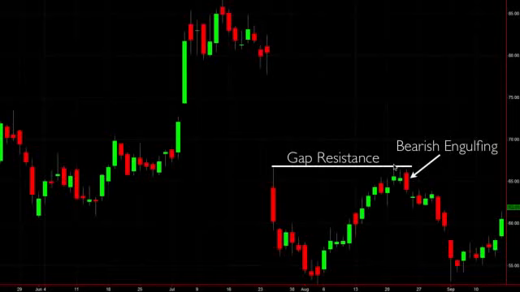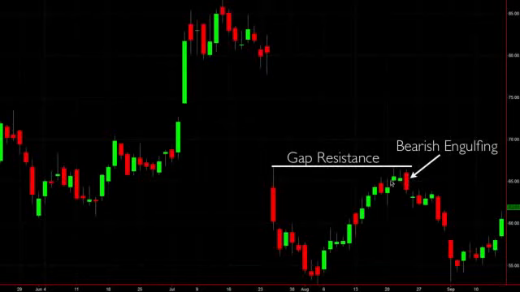Here's how a bearish engulfing looks. First, I noticed that there's a gap resistance, meaning we're coming up to a gap low. This is the gap. And sometimes a gap acts as resistance or support, and in this case it's a resistance. We're seeing almost a shooting star here. But even better yet, we're seeing a nice bearish engulfing. And notice this, these are not big green up bars. That's okay, nothing is perfect in trading. You can wait forever for the perfect setup.